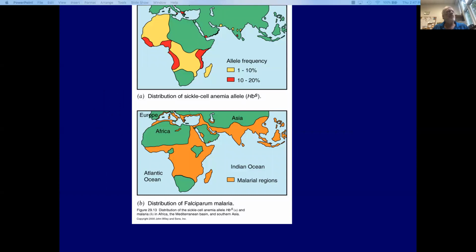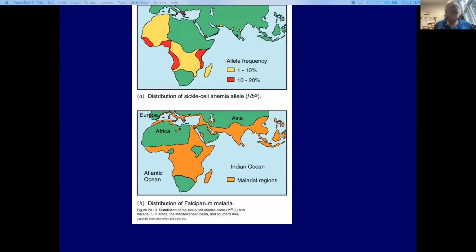And the top map shows the frequency of this allele. It's 10% or less in the areas in yellow, and in the areas of red, it's 10 to 20%. So notice how it's mostly present in sub-Saharan and Western Africa, as well as Madagascar, and then a few areas in Southern Asia and in Greece. And then the